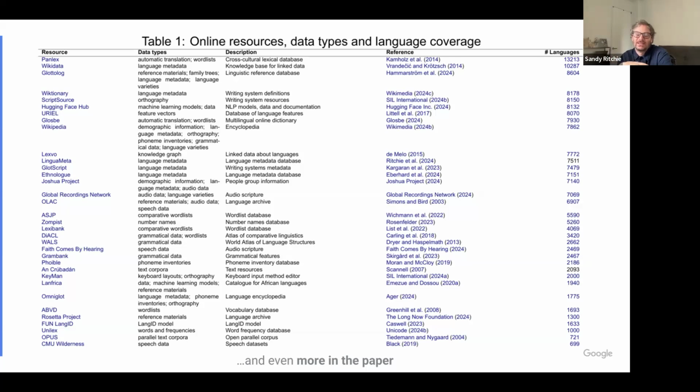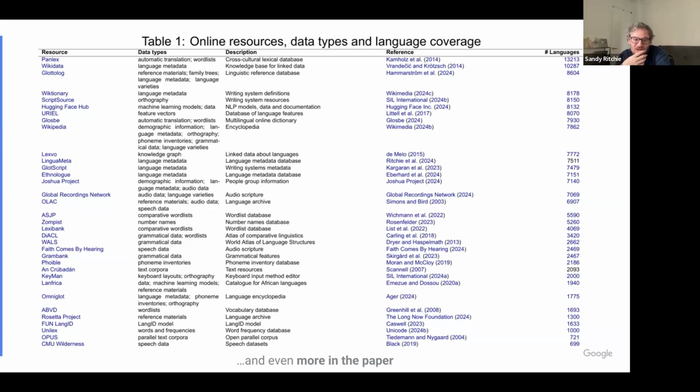Okay, it's not exactly data, but it's like what LinguaMeta is, the thing that you would need in order to create a language expansion project. And then looking down a little bit, something like ScriptSource actually defines the orthographic standard for more than 8,000 languages. And then if we go a little bit further,